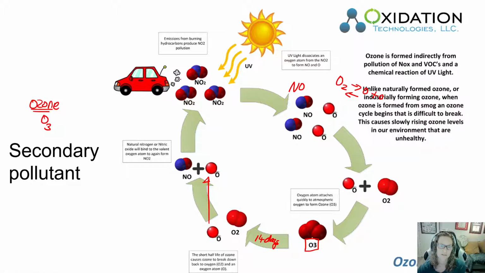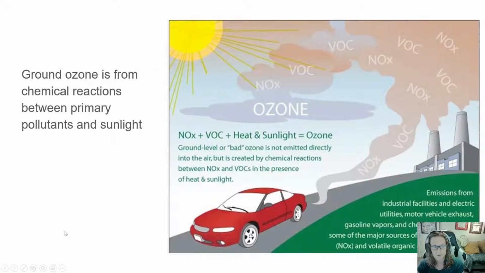It's worsened because of what comes out of our tailpipes. Our tailpipes let NO2 come out and then the sun breaks that apart and it frees up NO molecules to make this a worsening product. So it's kind of a positive feedback loop that we don't like. The more we drive, the more this cycle happens, the more ozone we have as a pollutant ozone, not the good ozone, because this is in the troposphere, not in the stratosphere. So ground ozone is from these chemical reactions between the primary pollutants and sunlight.